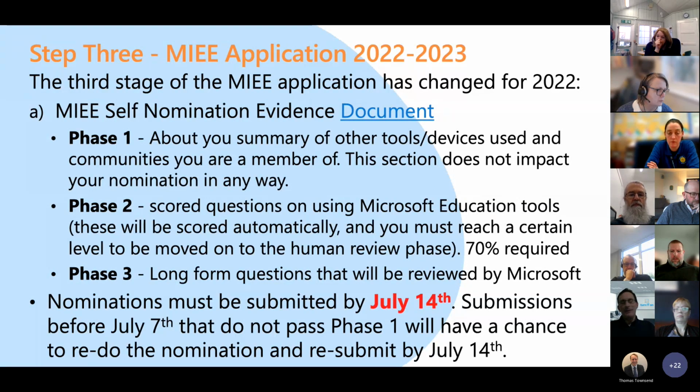Approximately July the 14th, because the date hasn't been fixed yet, you will be able to submit your application to become an MIEE. But normally, if you make that submission approximately a week before, one of the applications team at Microsoft will have a quick scan through it, and they'll check for anything that's either not thorough enough or just needs a greater level of explanation, and they'll fling it back to you, and you've got approximately 7 days to improve it before you resubmit it again.